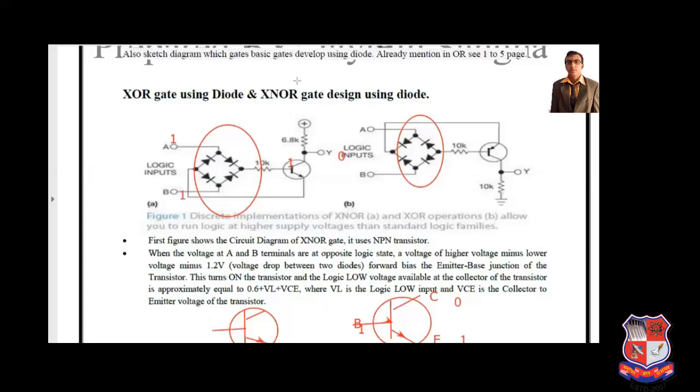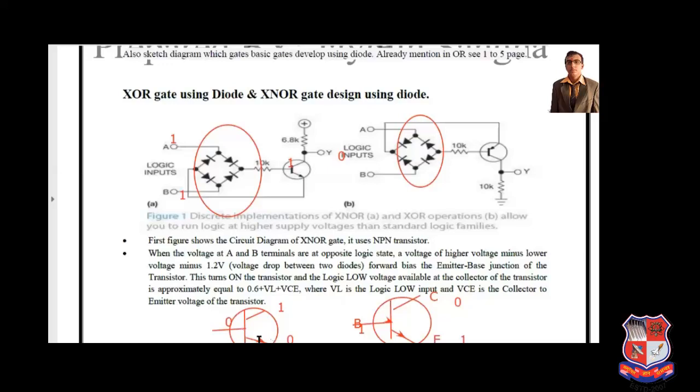If here 0 volt, in the entire lecture I will discuss this concept more than 3 times, so you will be able to easily understand. Here 0 and here is 1. Why here 0? Because base emitter junction is connected in forward bias. Why here 1? Due to supply voltage VCC, we can get 1 here. Current will not flow through base emitter. That's why we get 0 volt here.